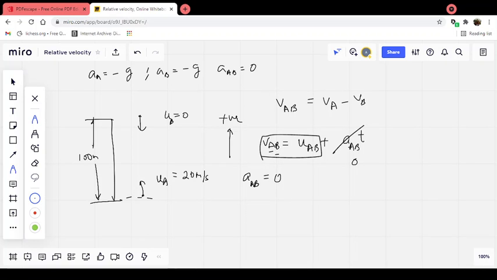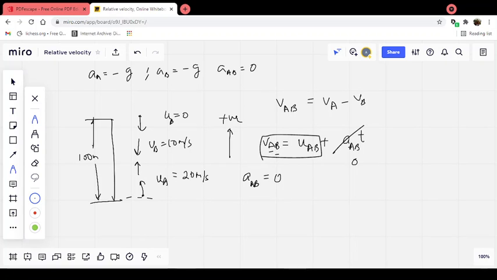Their individual velocities, or absolute velocities, which is the correct term, will change quite a lot. As you can guess, the velocity of B would change by 10 meters per second in 1 second, and the velocity of A would also change by 10 meters per second. You can quickly calculate it: the velocity of B would become 10 meters per second in only 1 second of motion, and the velocity of the ball at the bottom would also change by 10 meters per second in 1 second of motion.